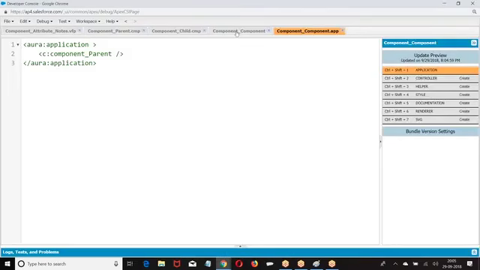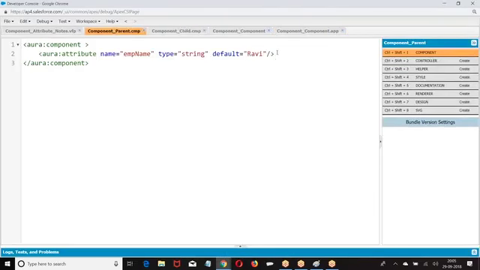So I am invoking the parent component within this. Here in the parent component, what I am doing is displaying the name.